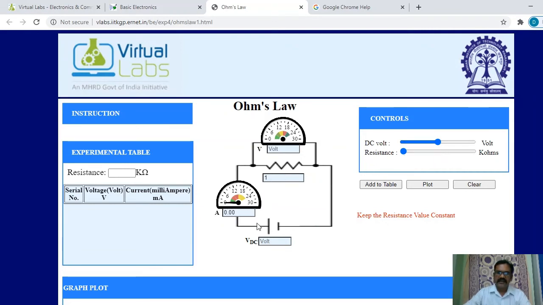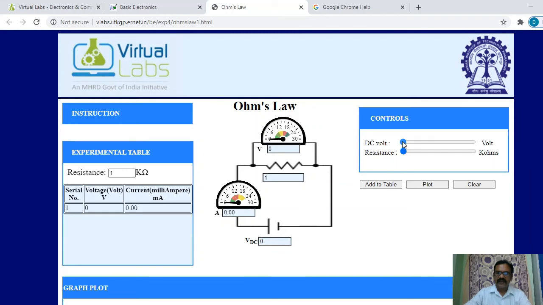Then by varying the DC voltage, we can note down the voltage across the resistor and the current passing through the resistor. I am setting the voltage as 0 volts. Then we take the readings here, add to the table. When 0 volts is applied across the resistor, the voltage across the resistor is 0 volts and the current passing through the resistor is 0 milliamps.